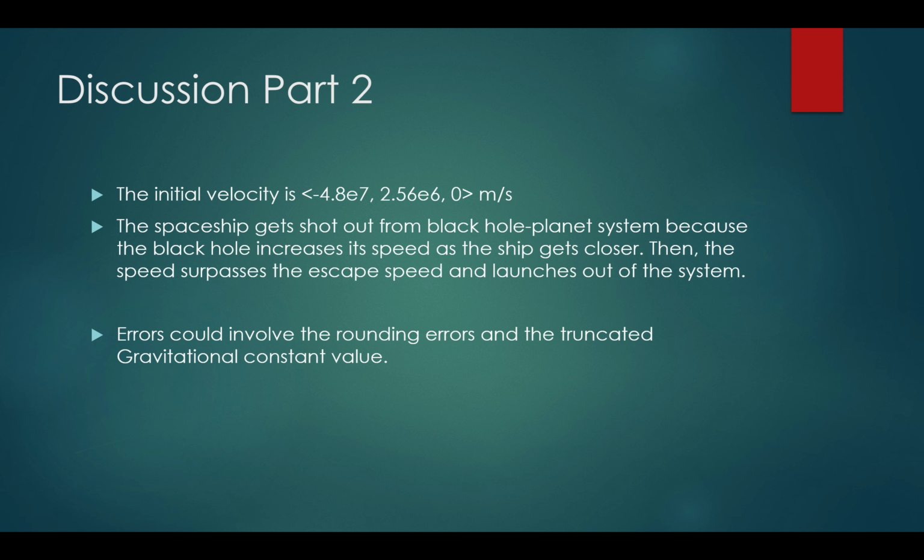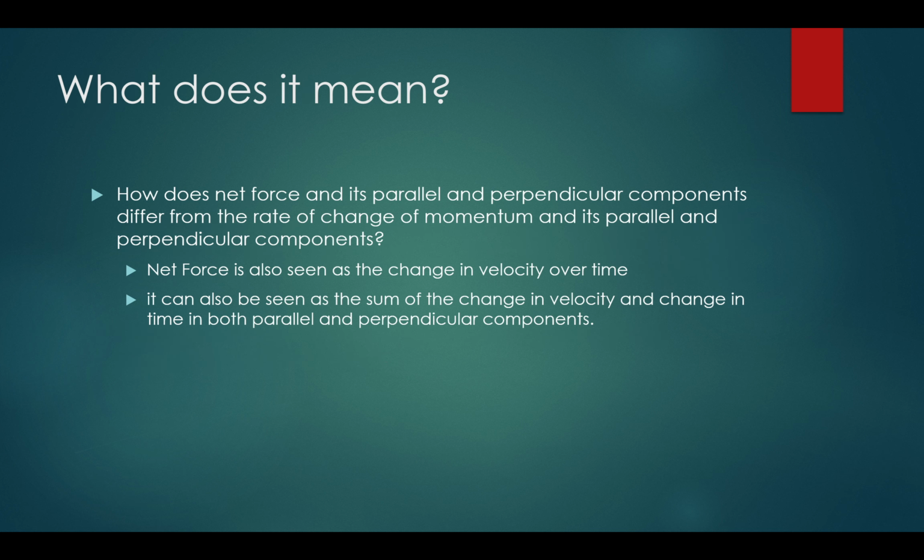Here is our part 2 discussion. So initial velocity is that number, that vector. You're going to get shot out of the black hole system, and errors could have resulted from the rounding errors and the truncated gravitational constant. What does it mean? Right, so